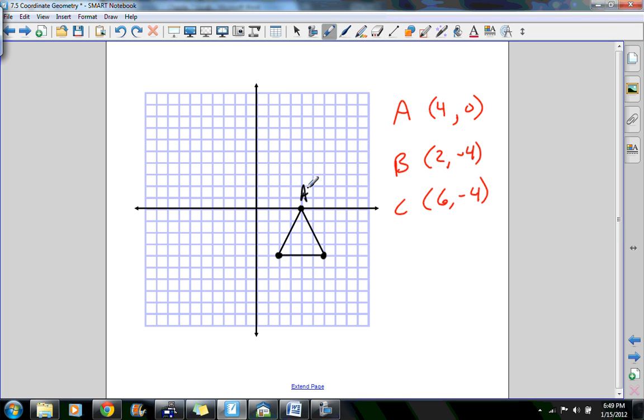So A, B, and C. It looks like BC is 4 across, but we need to find the values of AC and BC, which means we need to cut this in half here, which appears to be 4, and this is 2, and this is 2. So if we have a triangle that's a 4, 2 with a right angle there, we have to find AC. So we go 4 squared plus 2 squared equals AC squared, which is going to be 20. 20 equals AC squared, square root, and the square root of 20